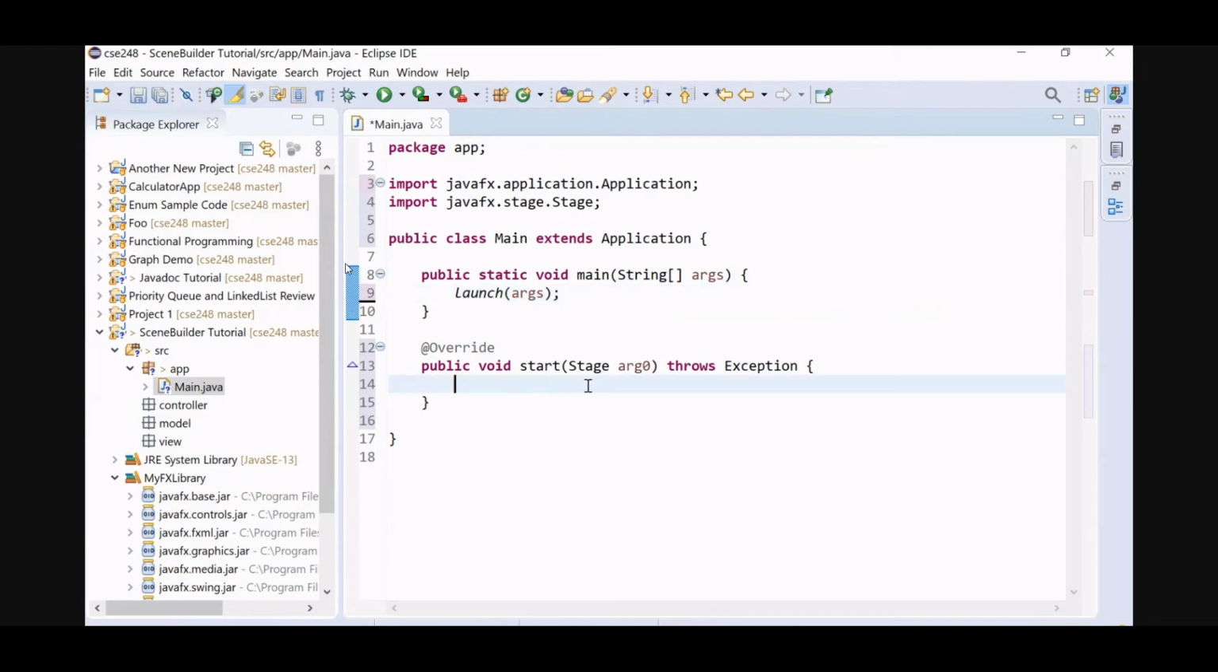Okay. Now here is where you're going to write your code, right? Your code if you want to. So the code is made of a component that indicates where the view is. Okay, so I'm going to do something like Parent root. That's the root container. That's the one you put on the scene. In other words, root equals FXMLLoader